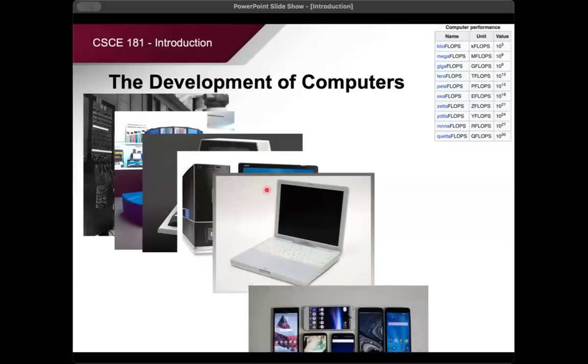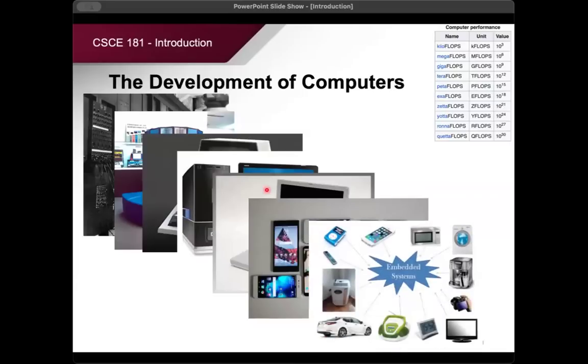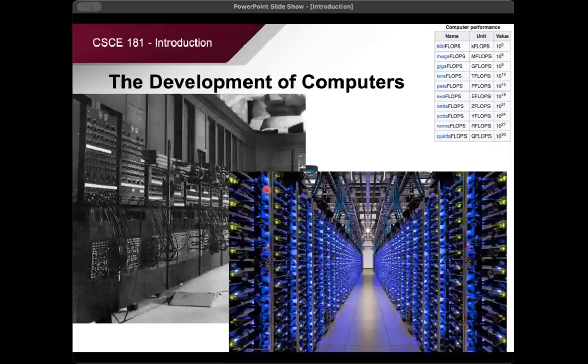And so here's a laptop and then a bunch of personal devices. And then if that's not enough, you've got computing devices in practically everything. And then no story about computers is complete unless we talk about these massive data centers that are performing exaflops of operations. So this is where this table is very handy,